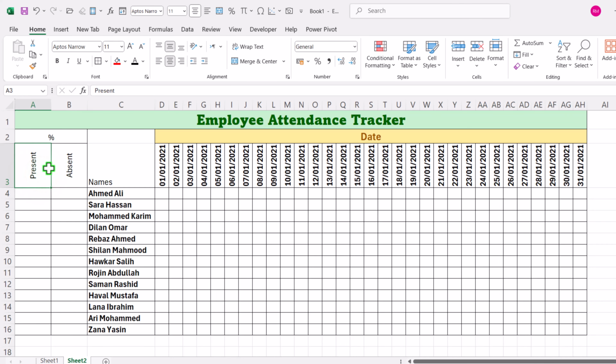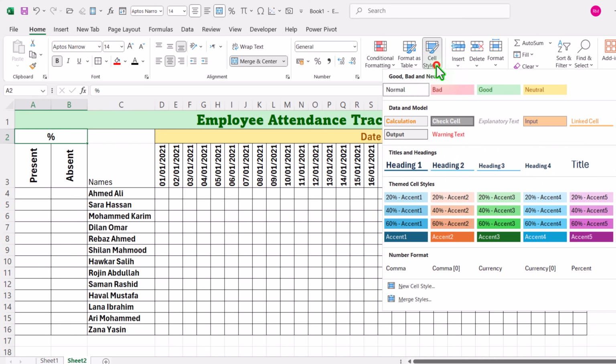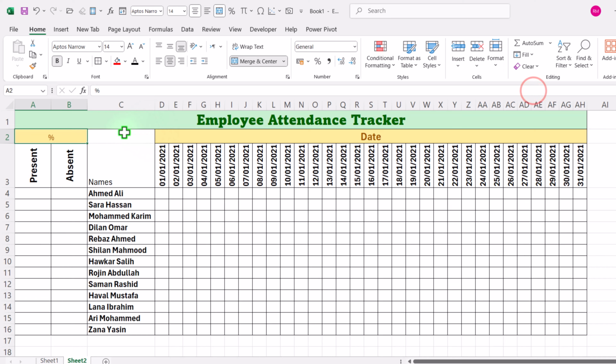Select it, make it bold and 14, bold and 14, make it bold, 14. Again, select it, cell style, this color,